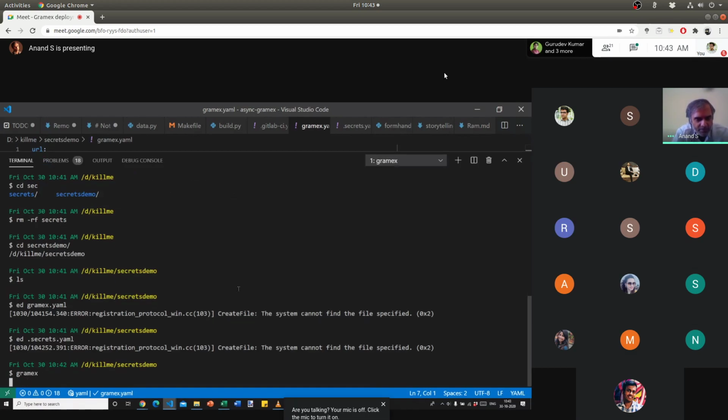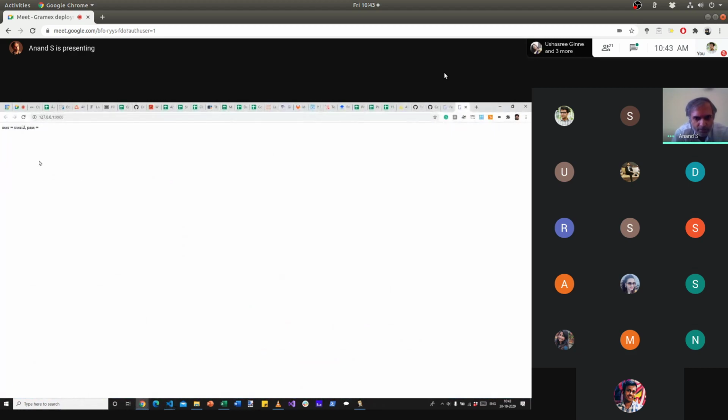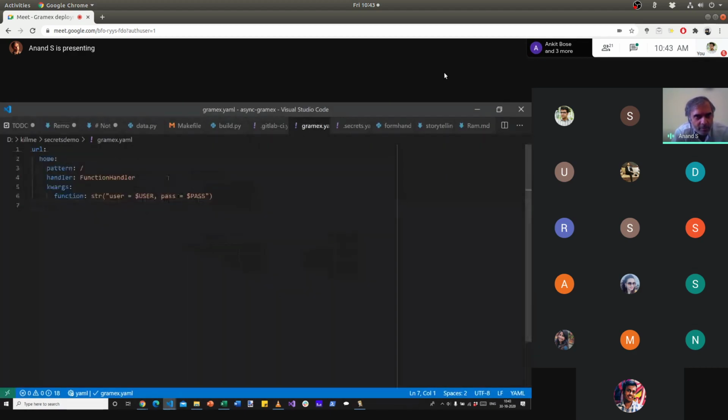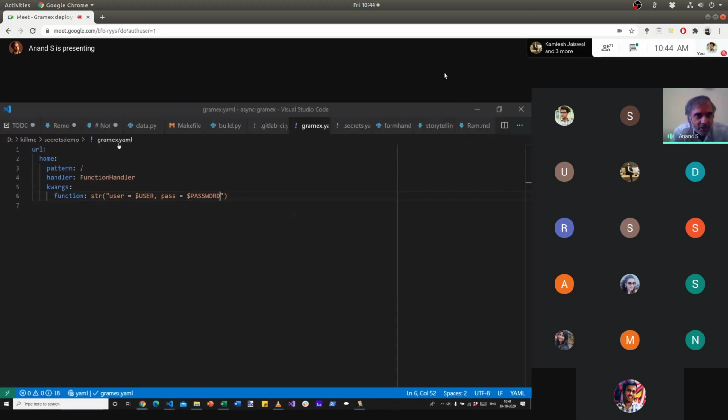Let's run Gramex. And so far, it's just loaded the application as it normally would. Let's open the home page. So it's user ID is equal to user ID, pass is equal to blank. Means it didn't get the variable pass. That's because this was password. So if I change this to password, that works. Now, if I change the secrets.yaml, let's say from user ID, I change this to alpha and password